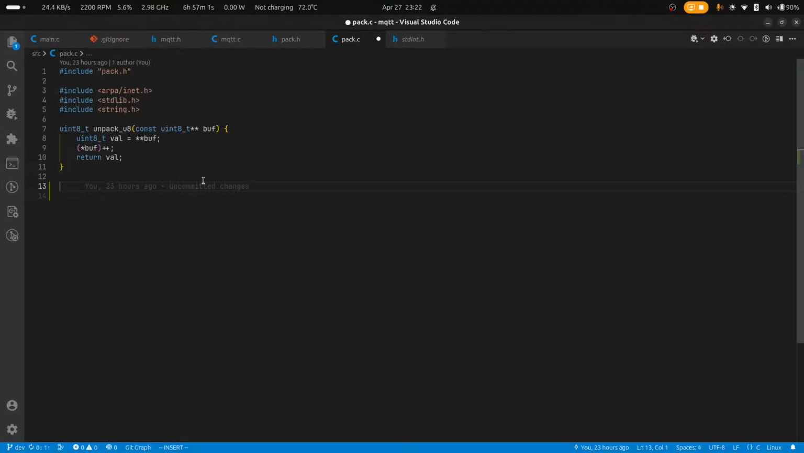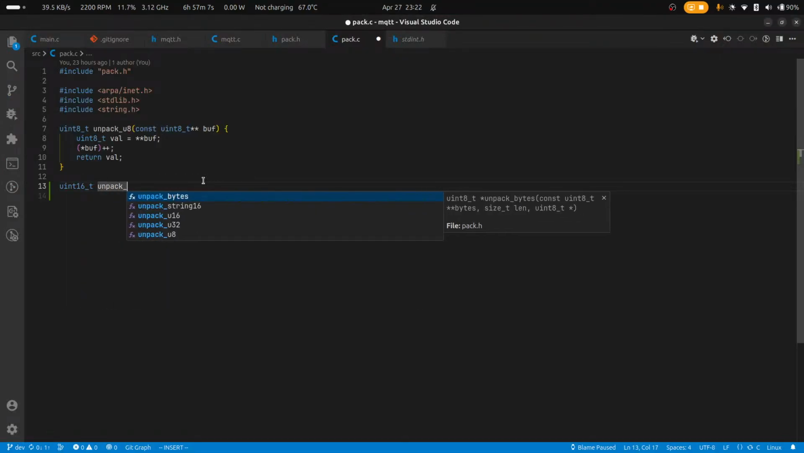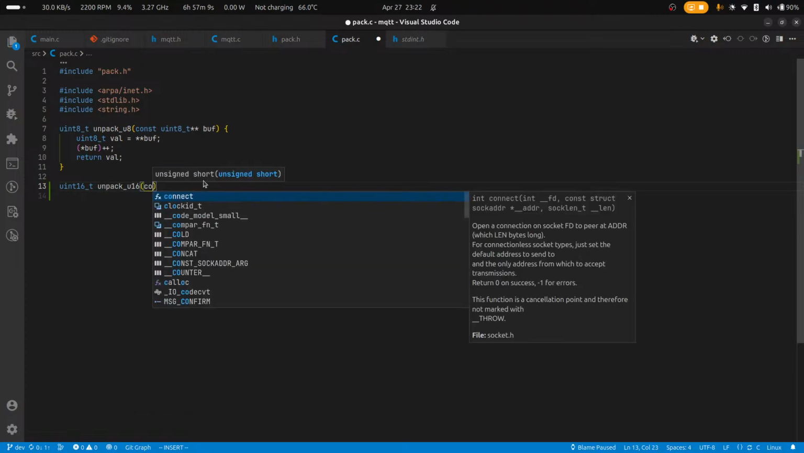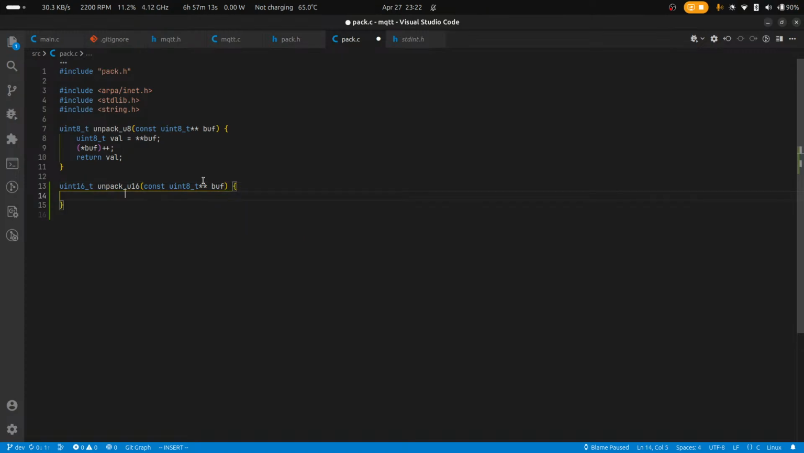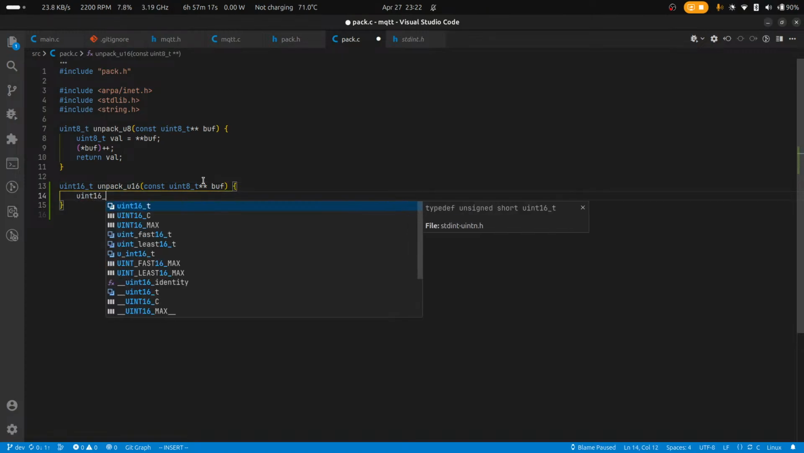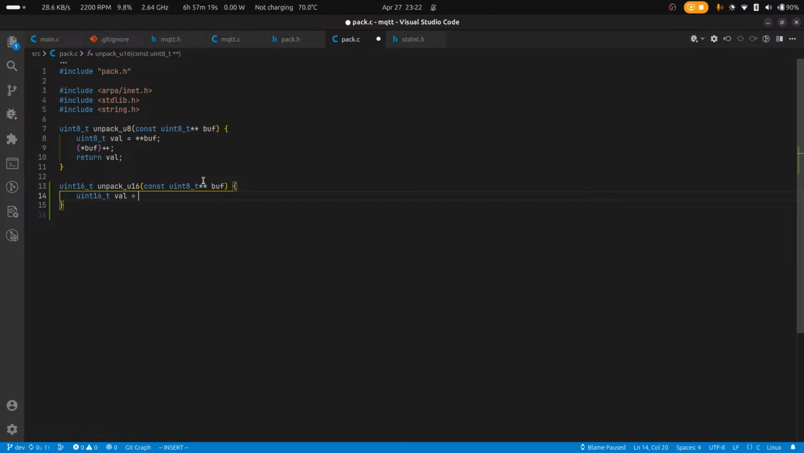Okay, which will give me 2 bytes in this case. Similarly, I'll access 2 bytes, which is a value. No, and I cannot access this because it's more than 1 byte. So what I'll do is